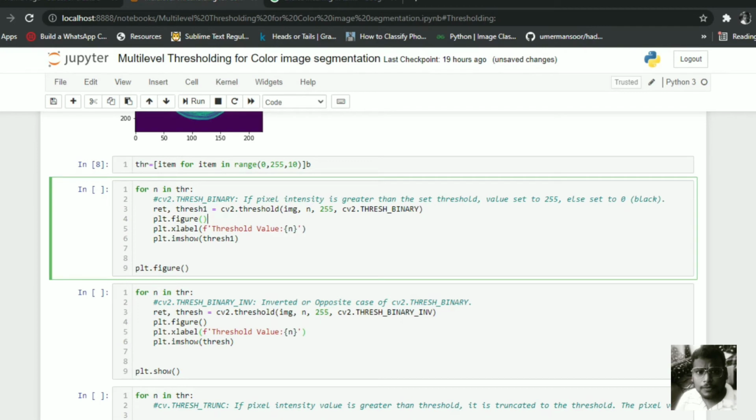Now, in thresholding there are many types of thresholding techniques. Here I am using threshold binary. If the pixel intensity is greater than the set threshold value, it is set to 255, else it is set to 0, black.